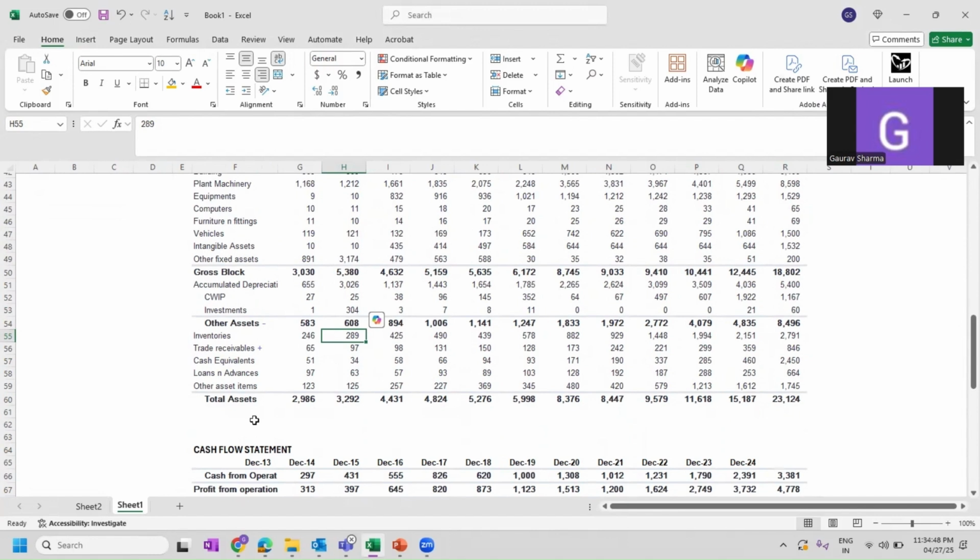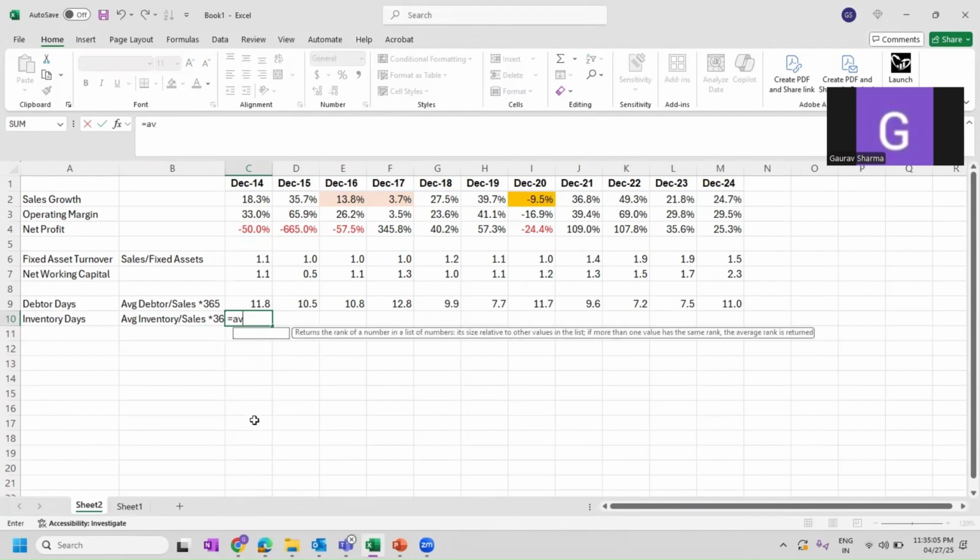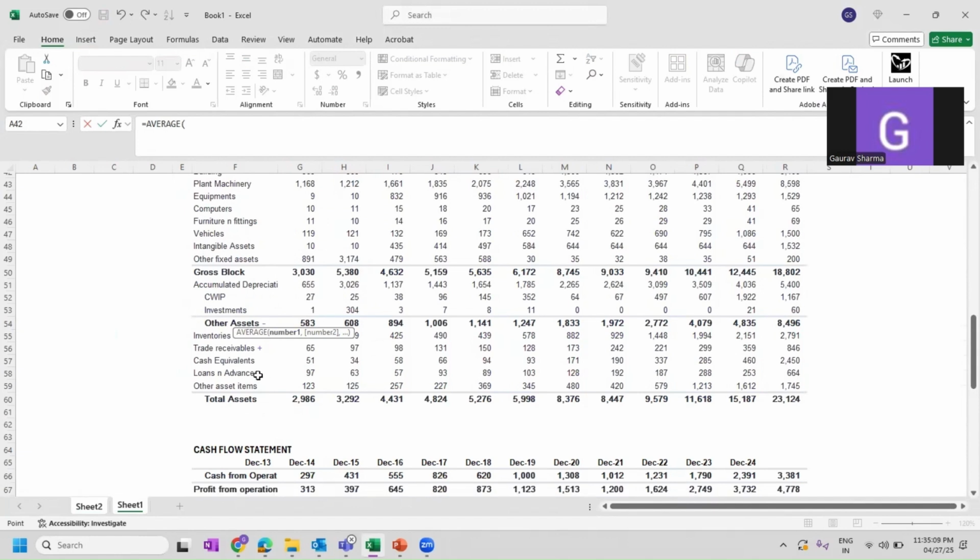On an average, what was your unsold part of your total sales, right? So what's the part of inventory that you could not sell for whatever reason? So that's how we calculate the average of these numbers,